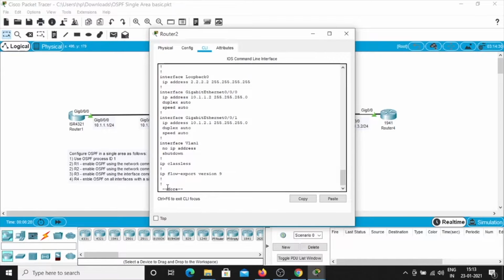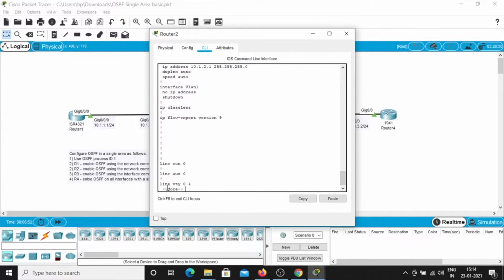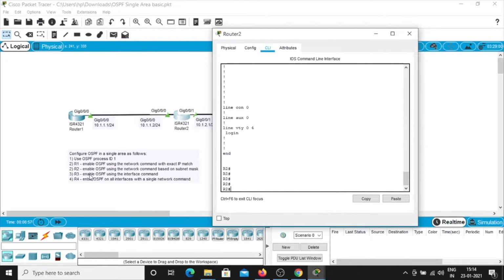Gigabit Ethernet 0/0/0, the IP address is 10.1.1.2 with /24 subnet mask, and interface Gigabit Ethernet 0/0/1, IP address is 10.1.2.1 with /24 subnet mask. So what are we asked to do here? We have been asked to enable OSPF using the network command based on the subnet mask.